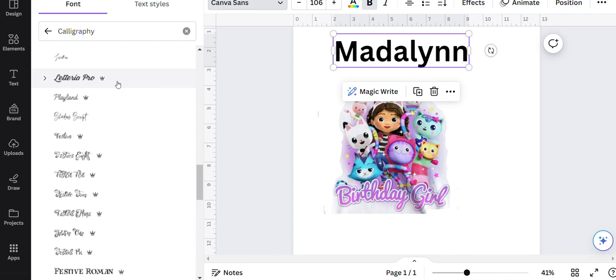I have to have Canva Pro because once I discovered Canva, I don't use anything else. This is what I design in. Canva is what I do everything in: my business cards, my flyers, my website, my logos, everything I do in Canva, because I think Illustrator is so confusing to me. So anything you see with a crown, the only way to use that is